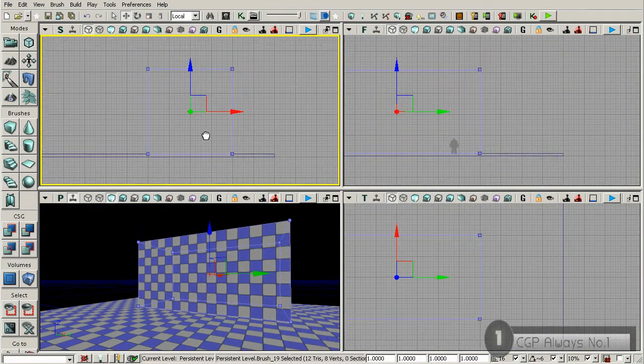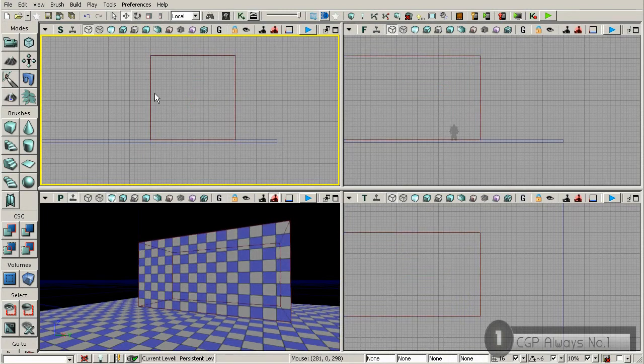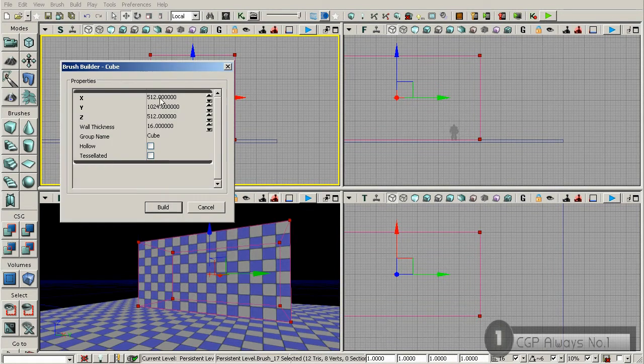Now what I want to do at this point is create an interior for this room. So I'm going to hit B to unhide my builder brush, and I'm going to select that builder brush, and we're going to modify its shape. Now a couple of ways that we can modify it is by right clicking and going to the properties, okay,